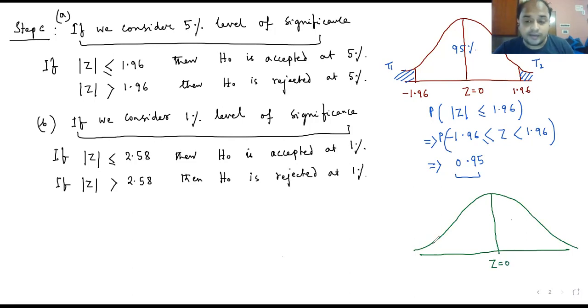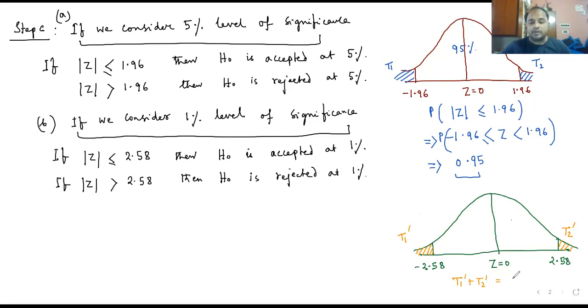The point in this case would be minus 2.58, and this would be plus 2.58. And 1% level of significance means we are talking about this region. This is my region T1 prime. This is my region T2 prime. T1 prime plus T2 prime